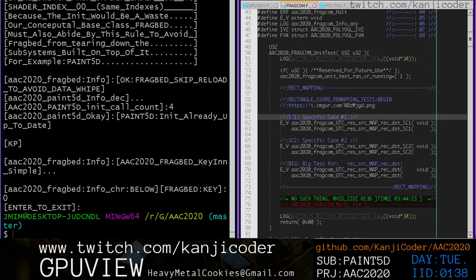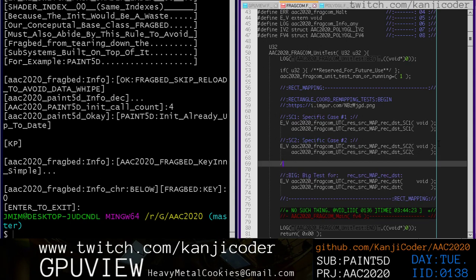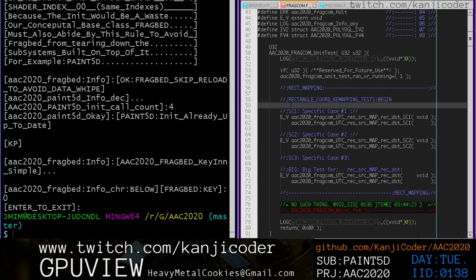So we have specific case number 1, specific case number 2, and we're about to do specific case number 3. SC3. And let's just actually steal this, right? So let's steal